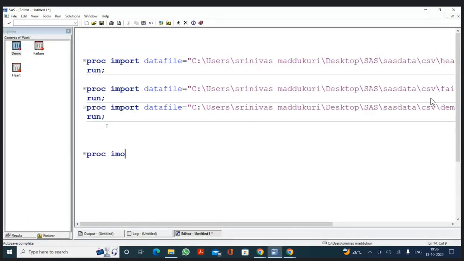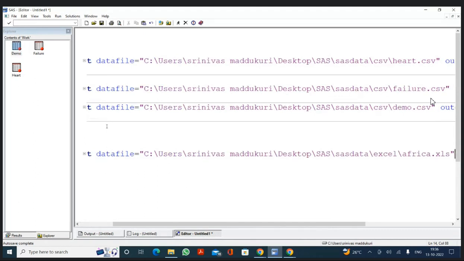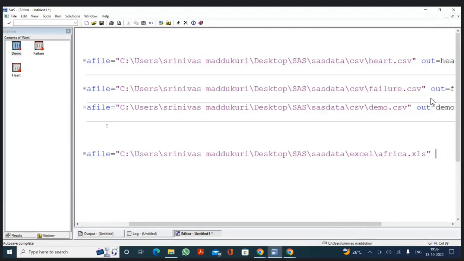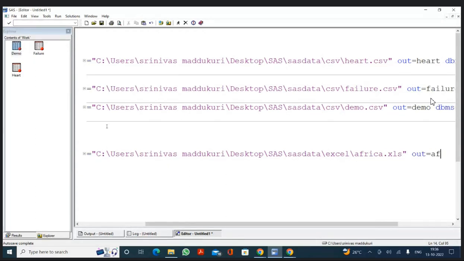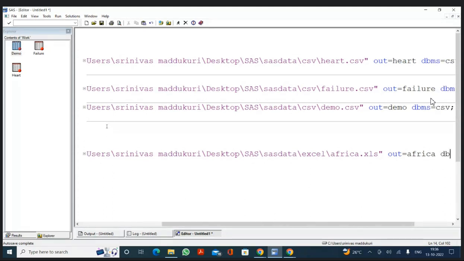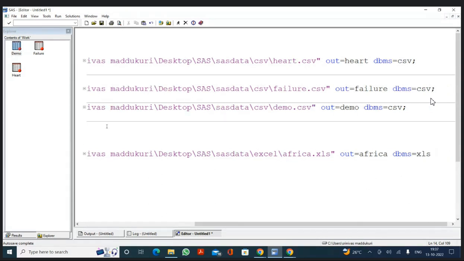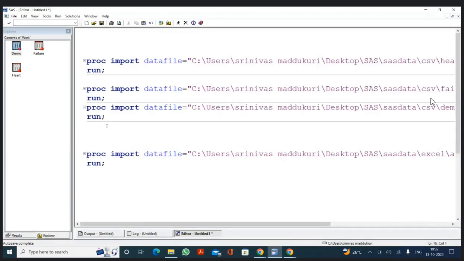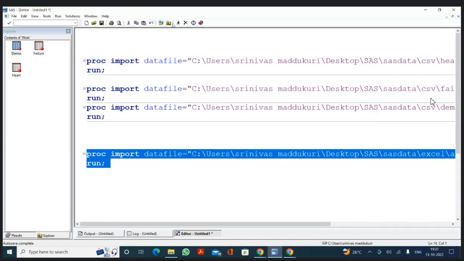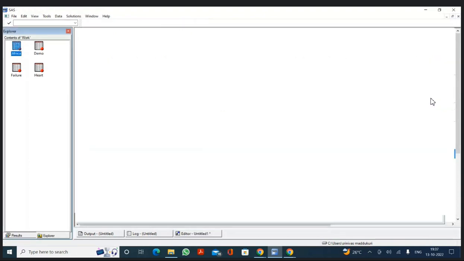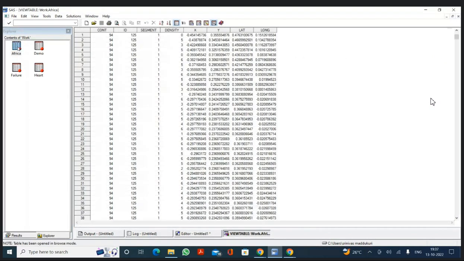PROC IMPORT, DATAFILE is equal to the path of the Excel sheet. Control plus V, paste the path. Now OUT is equal to Africa, the data set name. I want to have it as an Africa one. DBMS is equal to XLS, semicolon, run, semicolon. Select this program, execute the program. Now can you see here, the Africa data set, which contains, I guess, 8 variables,